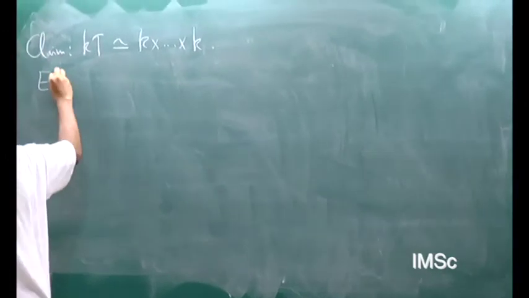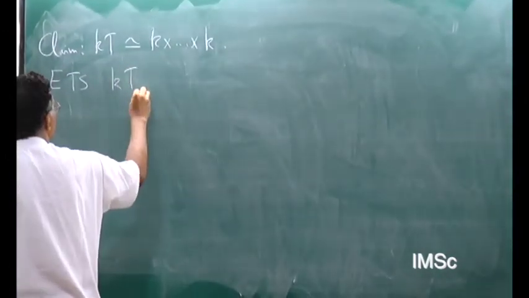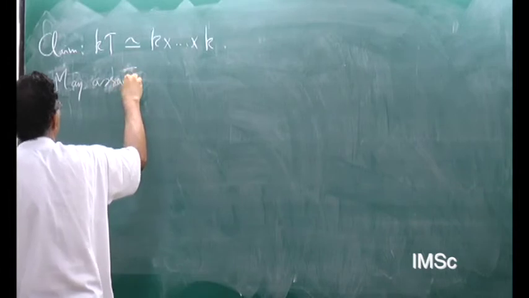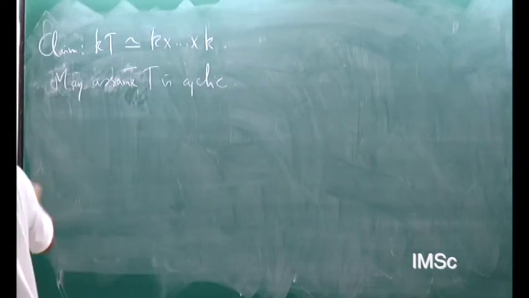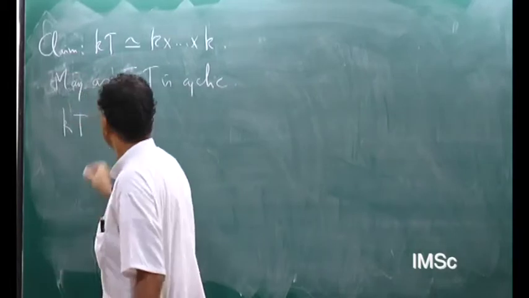Enough to show, so may assume T is cyclic, and then KT becomes cyclic and